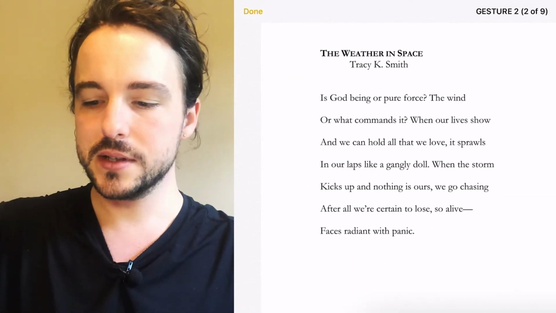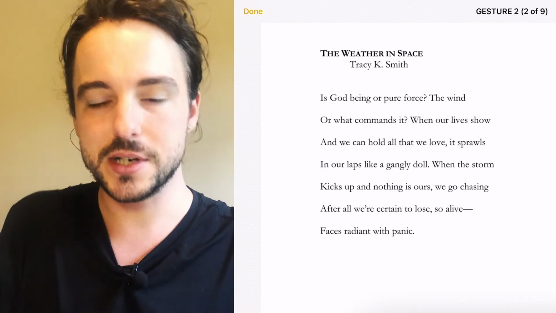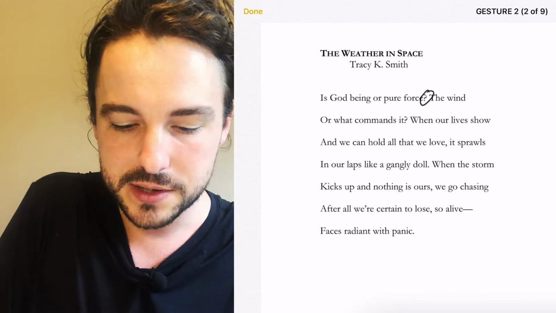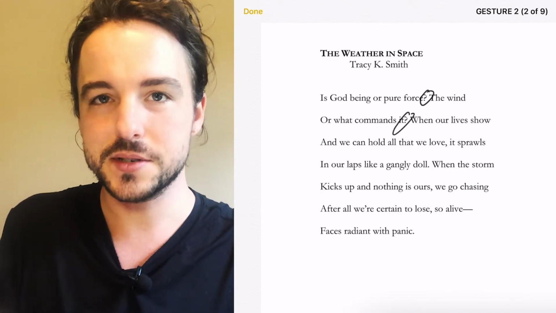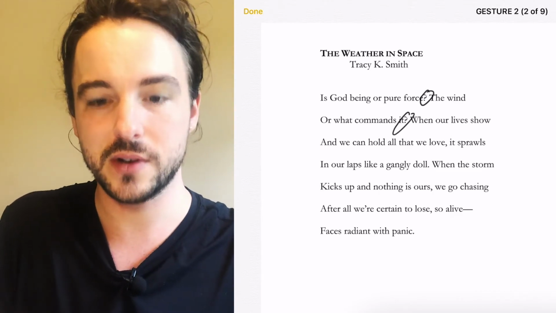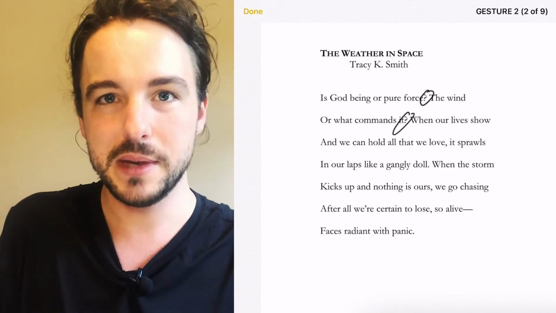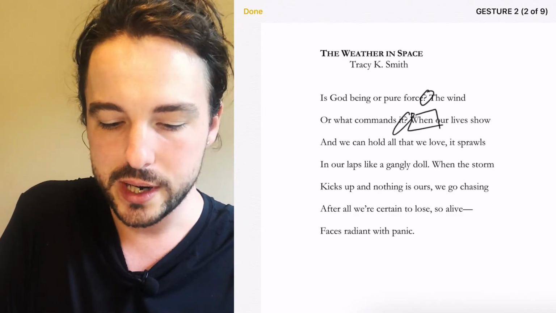All right, the first thing that I want to identify is the punctuation here. Some things that might be helpful to note are immediately we're starting with question marks. Is God being or pure force? This is a question of concept. The wind or what commands it? A question of concept. And then look at this word right here, when